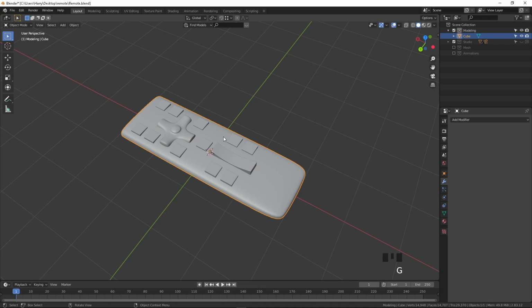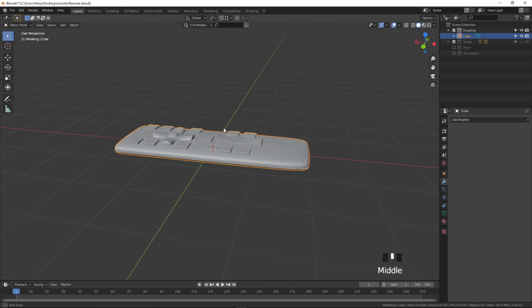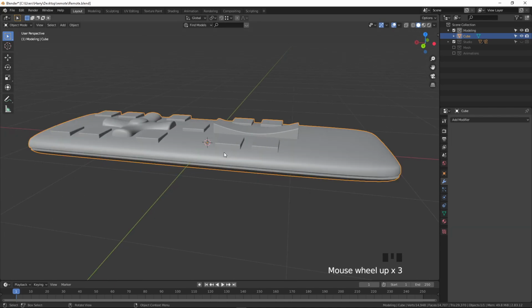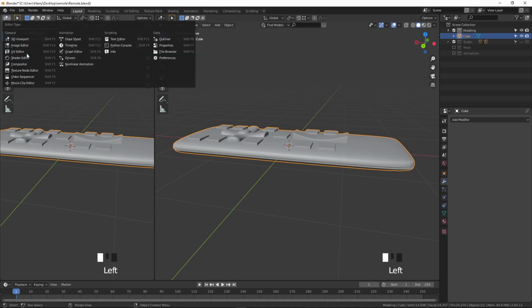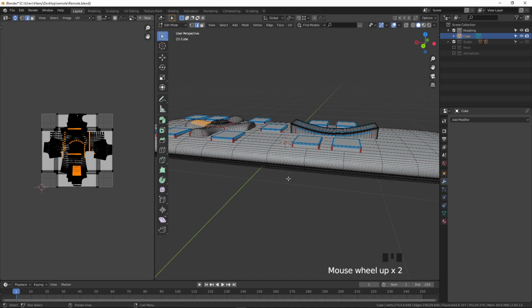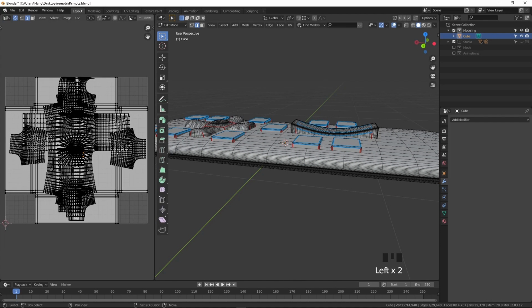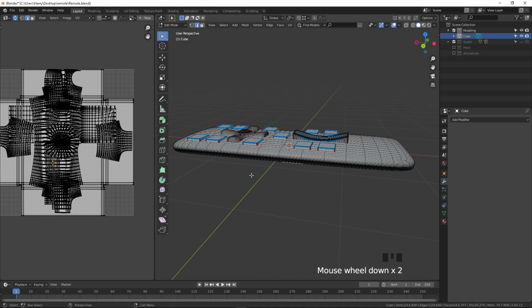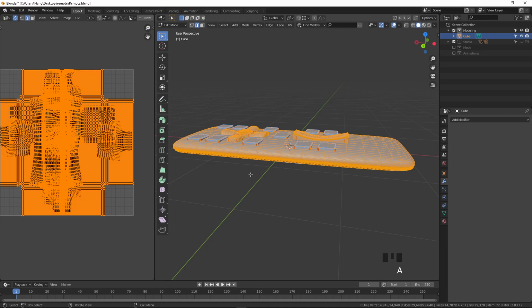Now we have to do the unwrapping because we have missed out on this. Go to the new window, go to the UV editor and go to object mode. You can see everything is collapsed together, because whatever we have applied comes out different. All objects became one, so the UV also becomes one. Press U and unwrap it.